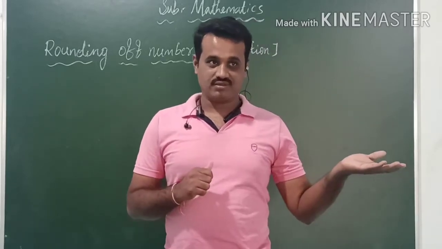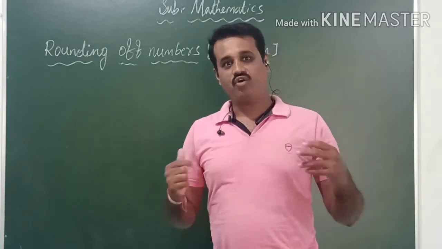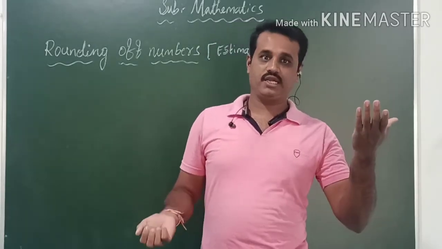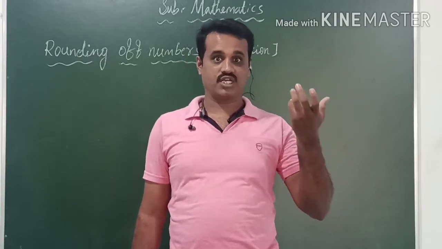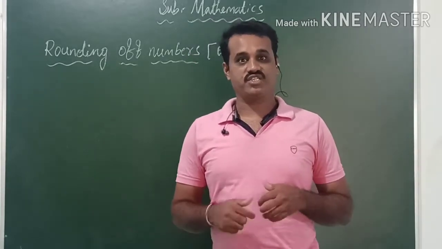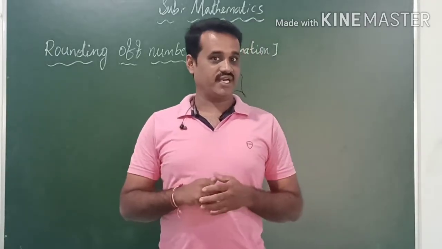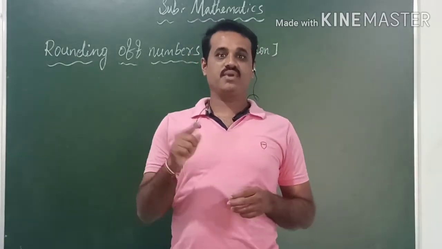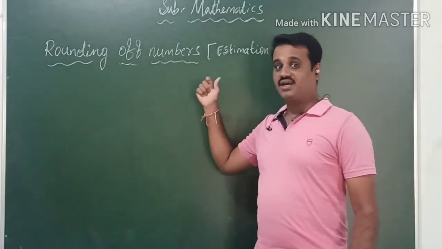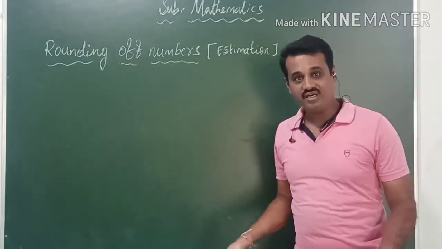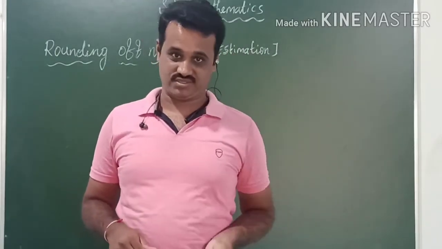Kottur fair, you all attended the Kottur fair also, isn't it? In Kottur fair, approximately 5 lakh people have gathered to celebrate the car festival of the Kottureshwara. So, exact numbers we cannot say. So, approximation we are going to say. That means rounding of the numbers or estimation or approximation. So, we can call it in 3 ways.